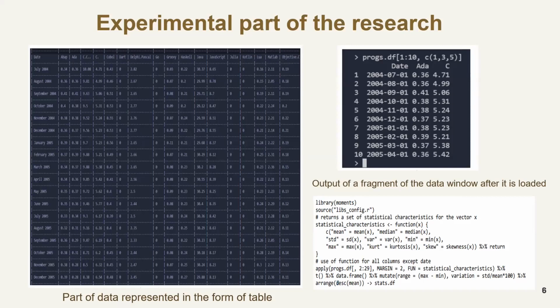Speaking about the data set and the languages investigated in our work, there are experimental data values for 28 languages. Data was collected by Kaggle users. The CSV format of the initial data is presented in the article. At present, the data set includes data from July 2004 to September 2021, and such languages are investigated in this slide. It's seen that there are ABAP, Ada, COBOL, Dart, and others, some traditional languages and